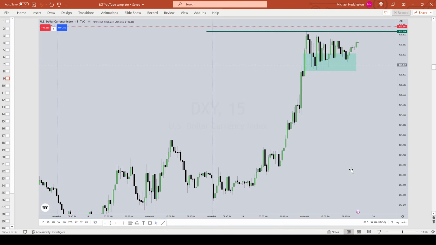So here on the 15-minute time frame, we can see we have a buy side imbalance, sell side inefficiency, which is shaded here in that little blue box. Okay, and it's this candle's high and this candle's low. Incidentally, if you go down into a lower time frame, the 1 minute chart, there's actually a very small fair value gap that it's been working inside of all through here. I'll leave that for your homework, but that also is where we've dropped back down into. It just fell short of reaching that 105.341 level, which is, again, consequent encroachment of that daily wick, the midpoint of the wick. All of this consolidation in here is what drove traders nuts.